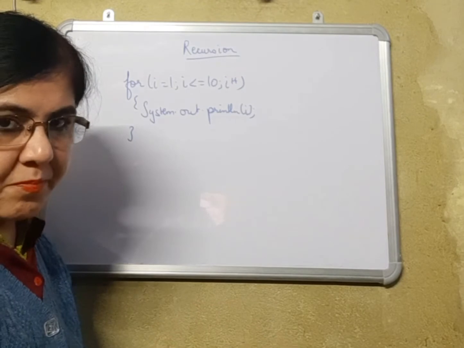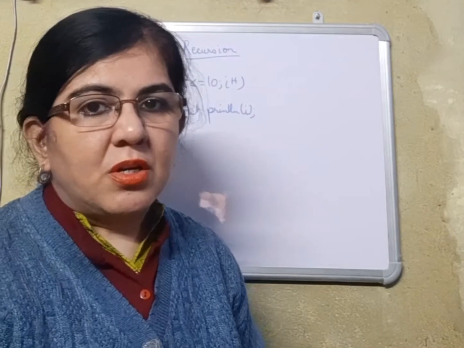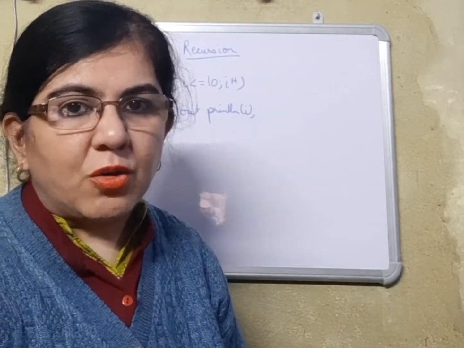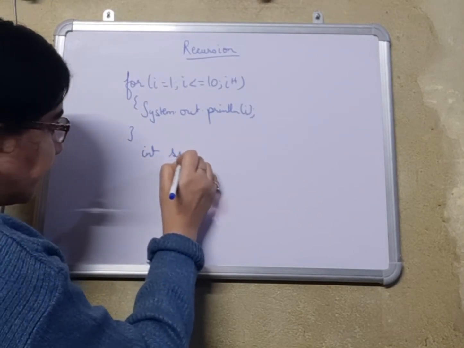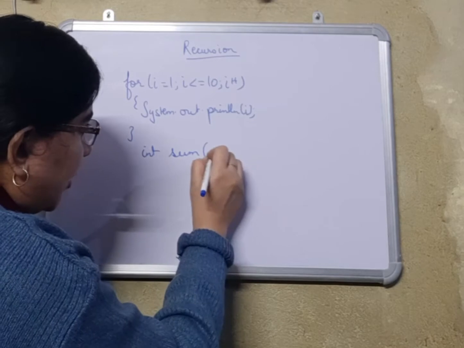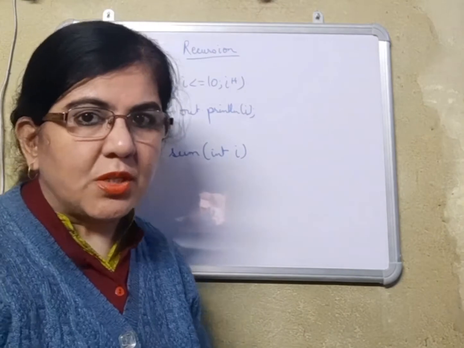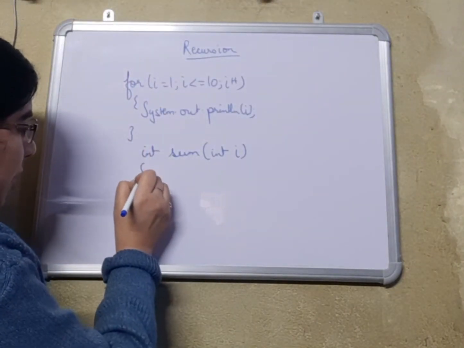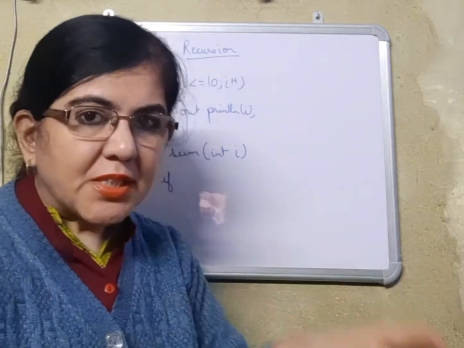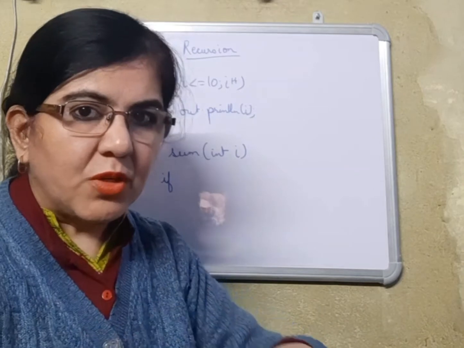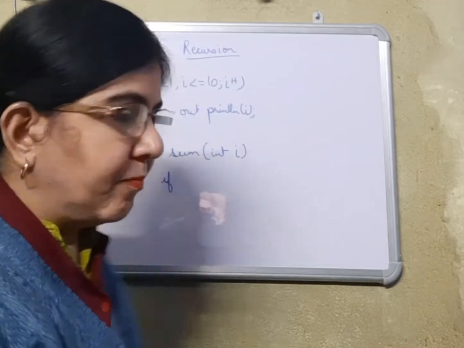then it stops. The same process we have to apply in a recursive function, in which we do not have to use either for, while or do while. Suppose this is my function int sum, which is having a value int i, and i's initial value is 1. I am considering it to be 1. Now my base case is actually the stopping case or the terminating case, which says when this condition turns out to be true, then the function will completely stop, and our purpose will be fulfilled.